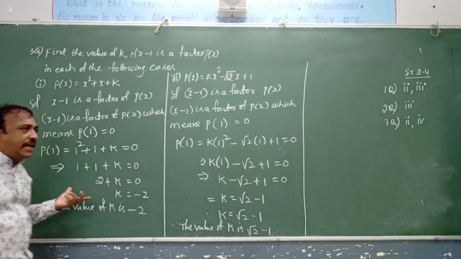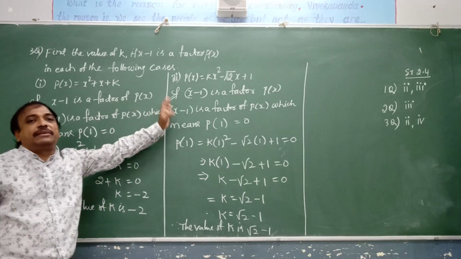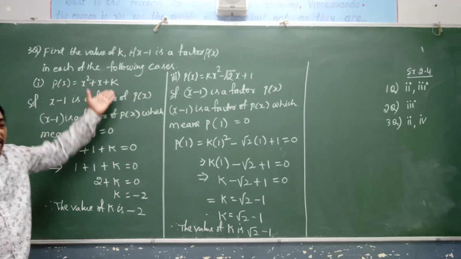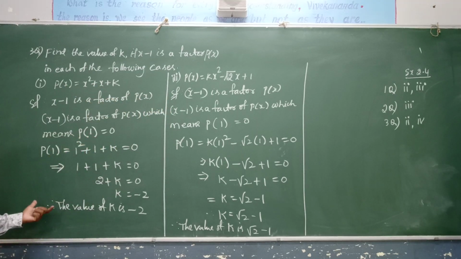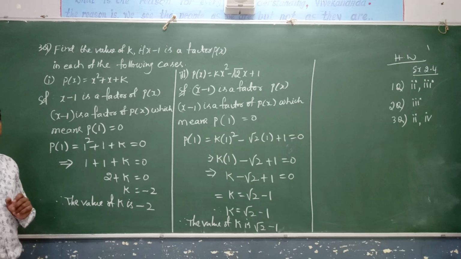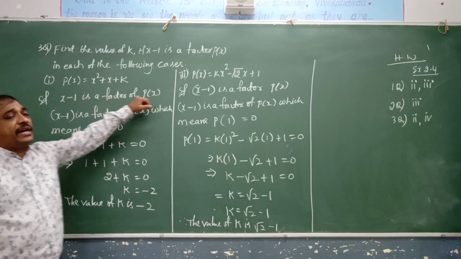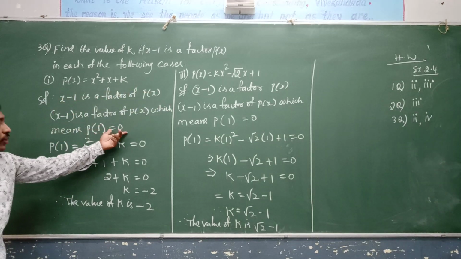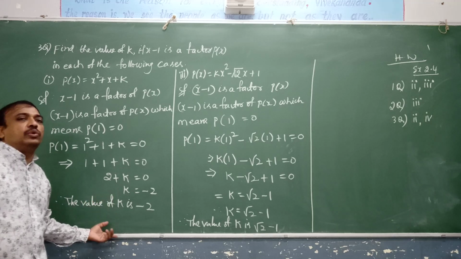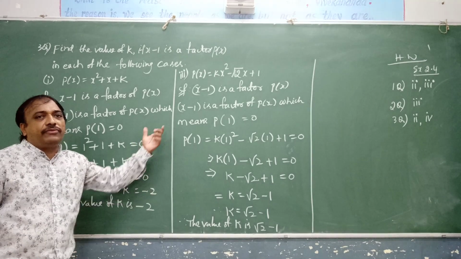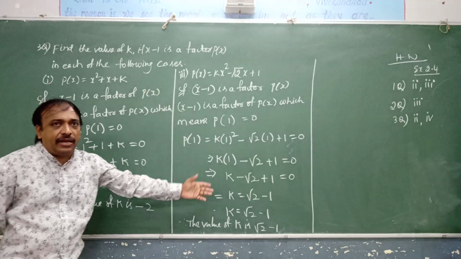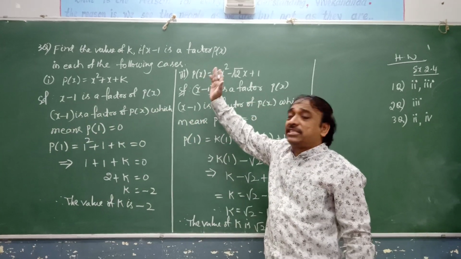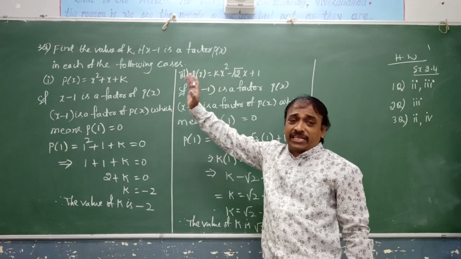If it is a factor, then we are obtaining a missing term, that is the unknown term, which is the coefficient of x square or some constant value. This is how we substitute. He is giving x minus 1 is a factor of p of x. That means the remainder we are equating to 0. Then we are finding the unknown terms, which is the k value here and here. I hope you understood how to find out unknown terms if the given term is a factor of p of x.